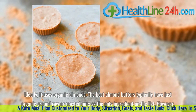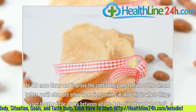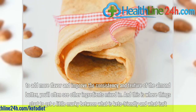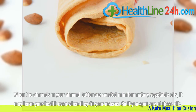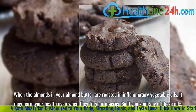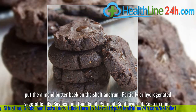However, to add more flavor and improve the consistency and texture of the almond butter, you'll often see other ingredients mixed in. And this is where things start to get a little murky between what is keto-friendly and what isn't. When the almonds in your almond butter are roasted in inflammatory vegetable oils, it may harm your health, even when they fit your macros. So if you spot any of these oils, put the almond butter back on the shelf